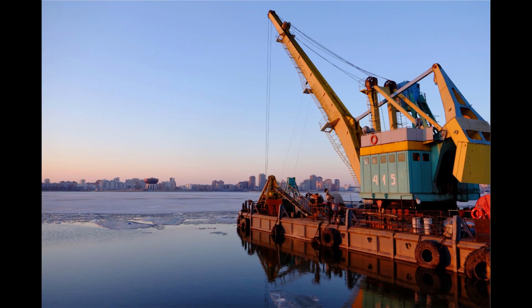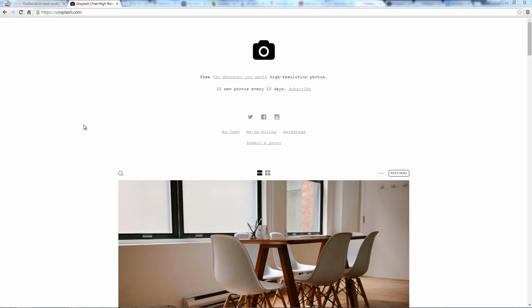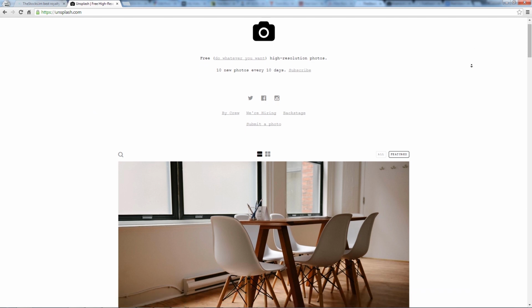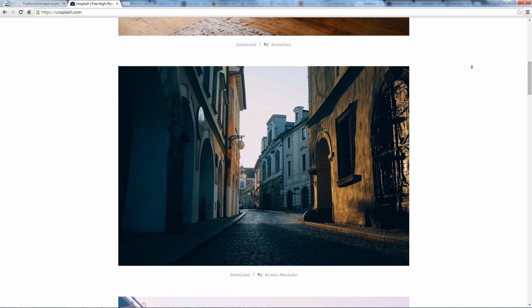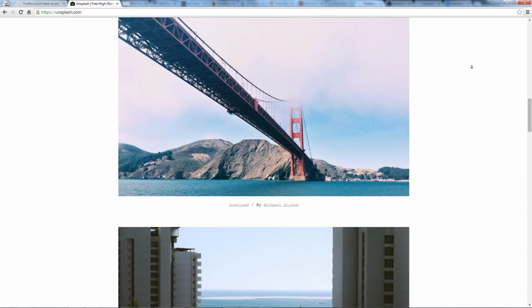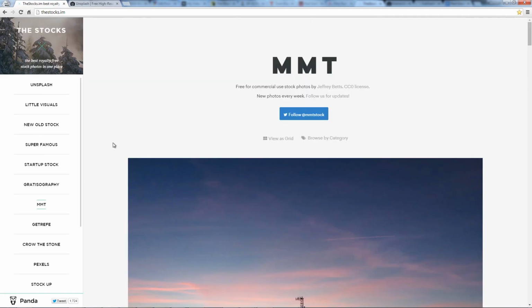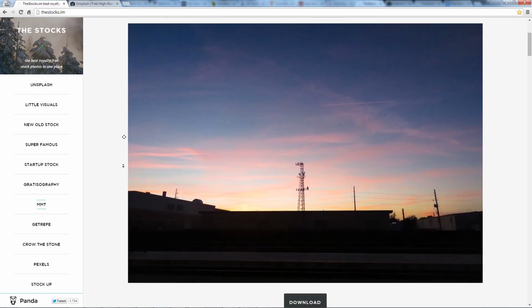Here's the original photo taken by Ksenia Kudokina and made available for free at unsplash.com. And yes, I've almost certainly mispronounced that name, so many apologies. Unsplash.com is another stock image website you need to bookmark. In fact, while we're at it, bookmark stocks.im because it collates several of these free stock websites and is